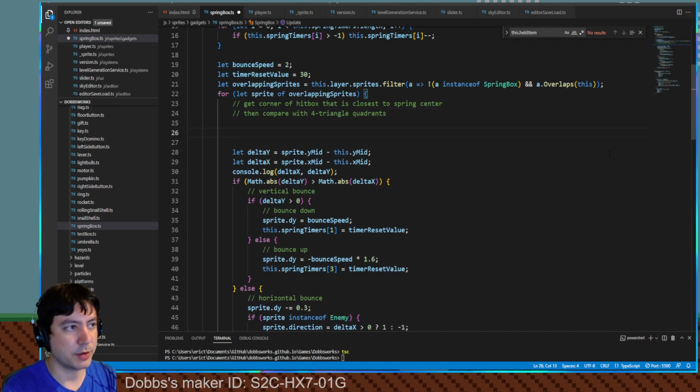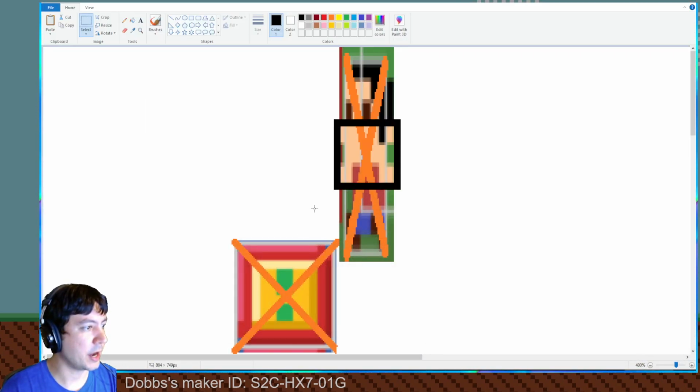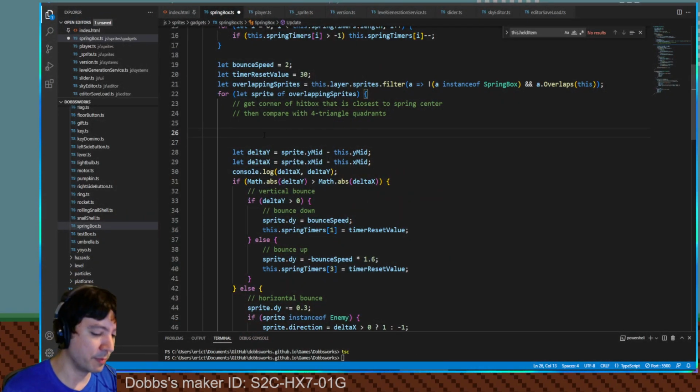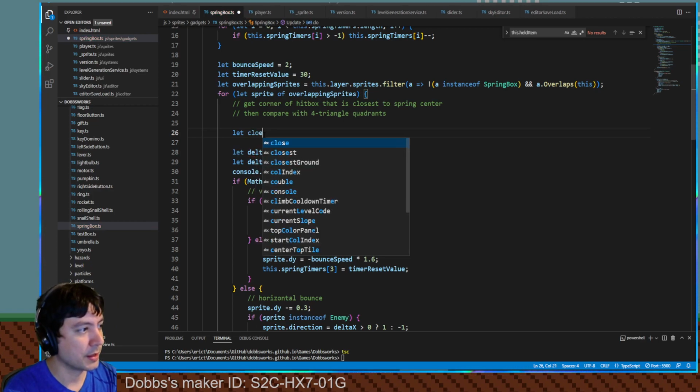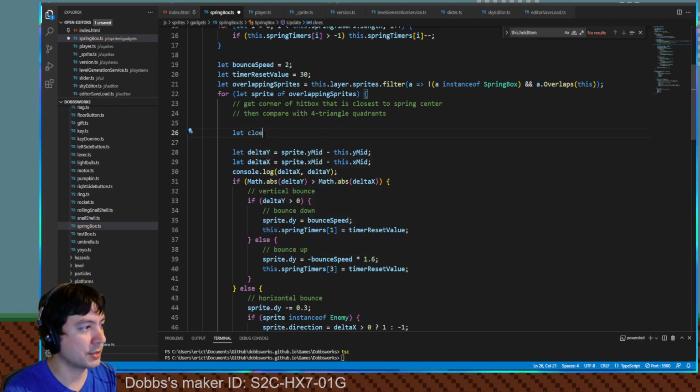Okay, so I'm looking for the closest. Oh, here's something. I don't need to check 4 corners. I just need to check the 2 x coordinates and the 2 y coordinates, and then I can just combine them. Okay, that's good. Let closest x equal